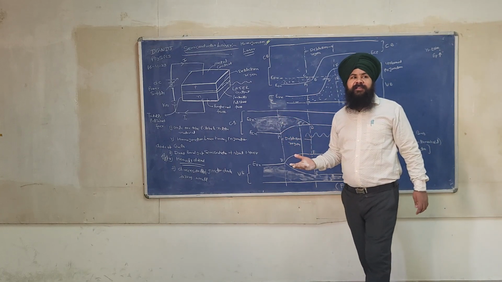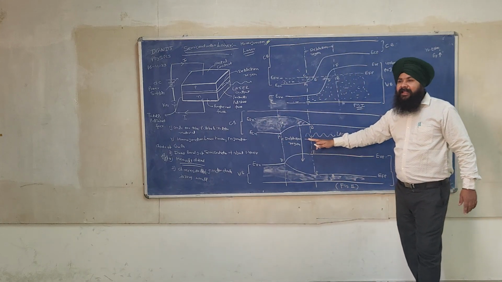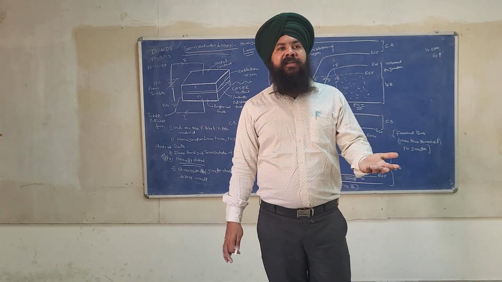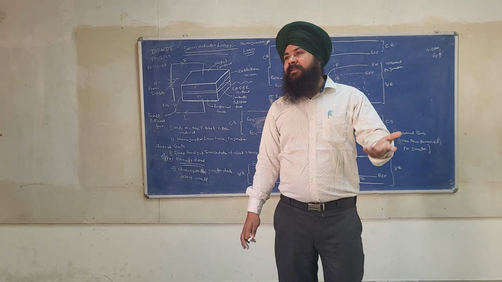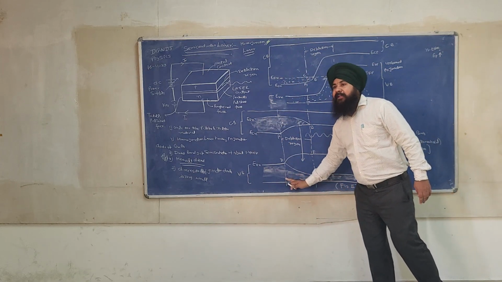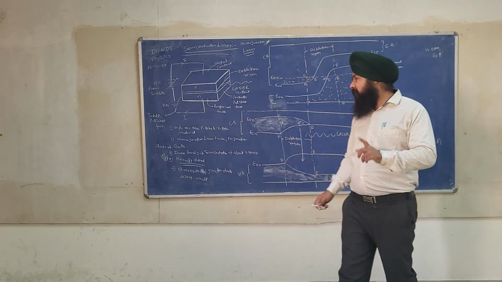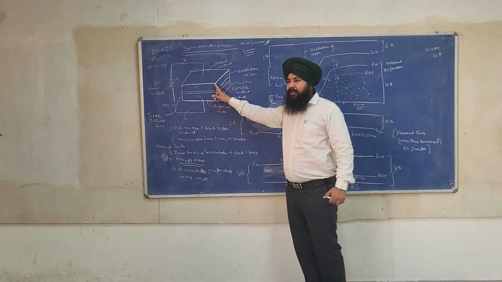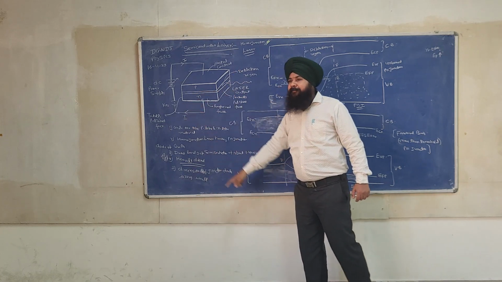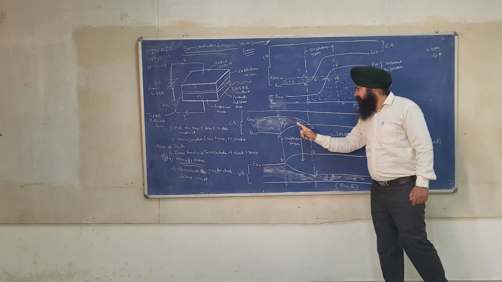Now once we achieve a population inversion, what will happen? A spontaneous emission will be there, and that spontaneous emission will give rise to a stimulated emission, and that stimulated emission gives rise to a laser emission. And all the things will happen within the depletion layer only, and the dimension of the depletion layer is very, very small. So this is all about the semiconductor laser. And one important point is that it is a two-level laser.